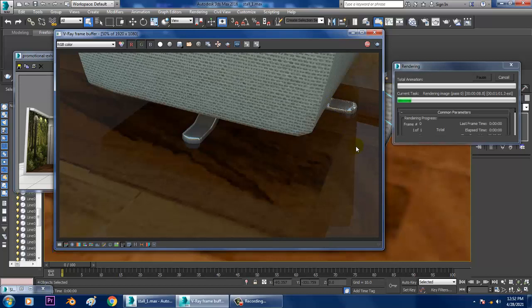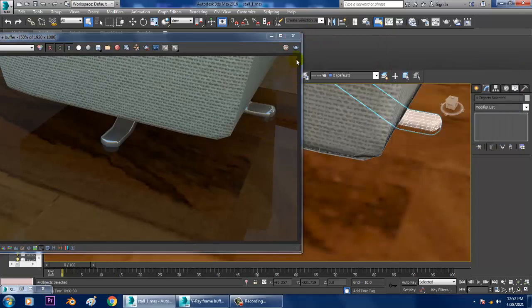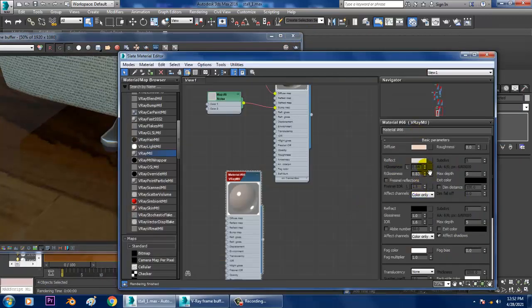Much better. You can go into the material and I can activate this.